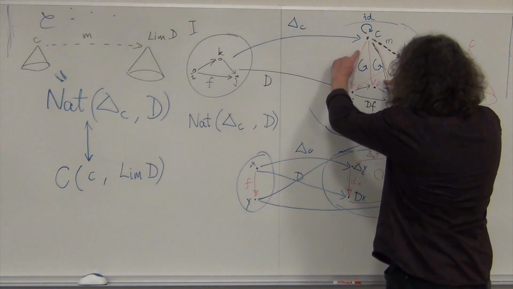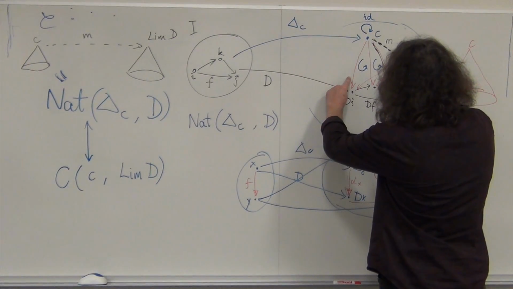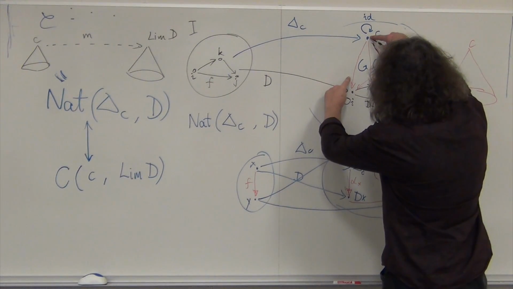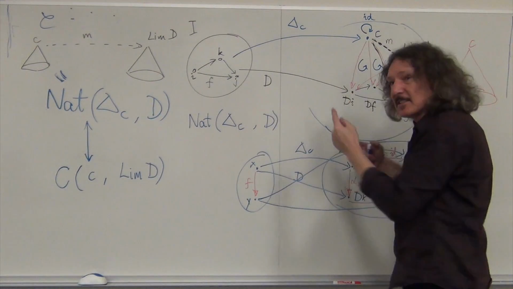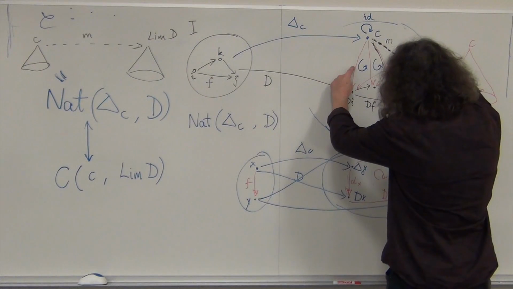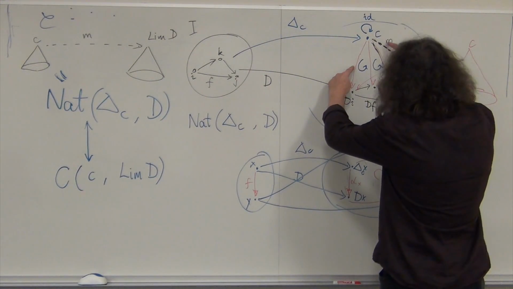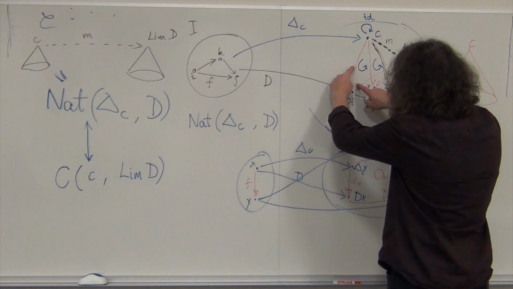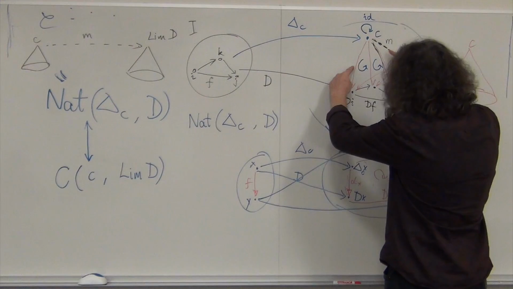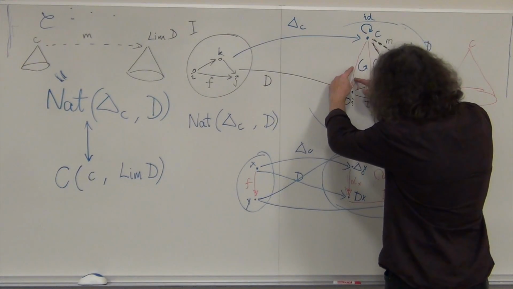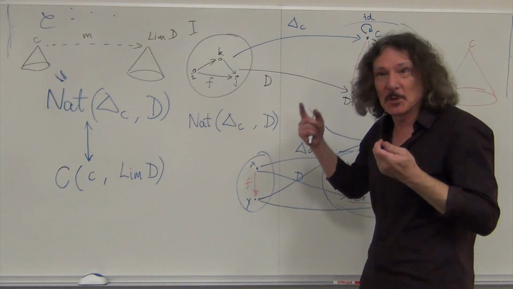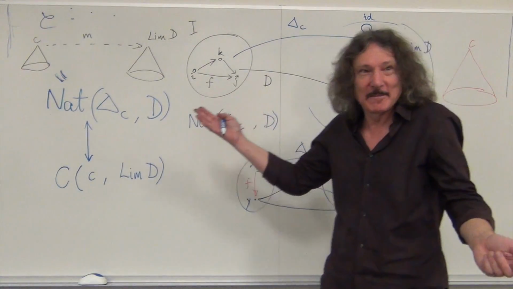How do I create this cone? Well, okay, so this guy will be this guy after this, okay? So I'm just constructing this new cone by saying this line here is this followed by this. This one followed by this, right? So I'm just closing these triangles. I have M, I have this cone. I can create this cone by closing these triangles. And they are automatically commuting because I've formed them this way, right?